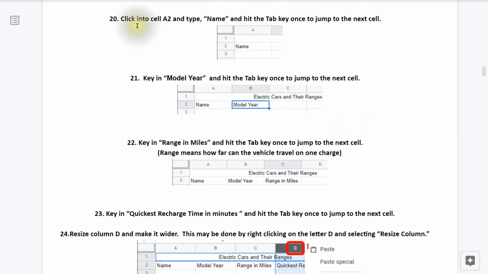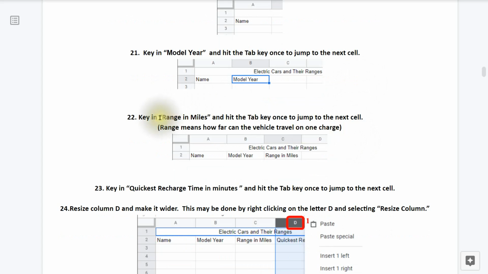Step number 20. Click into cell A2 and type name and then hit the tab key once to jump to the next cell. Step number 21. Key in model year and then hit the tab key once to jump to the next cell. Step number 22.